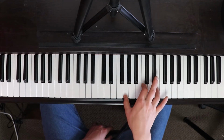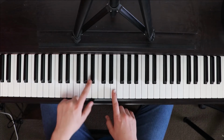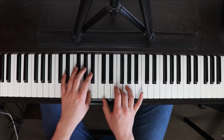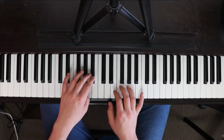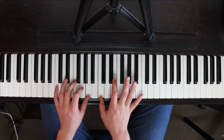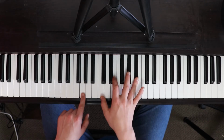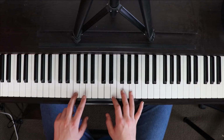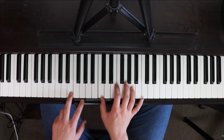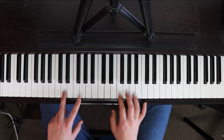But we have that. So together with the left and right hand, we're going to do the E with the B flat together, F with the A, E again with the B flat, the second F with the A, and then the G in our left hand with the B flat, the F with our left hand and the A in our right, E with the G, D with the F,